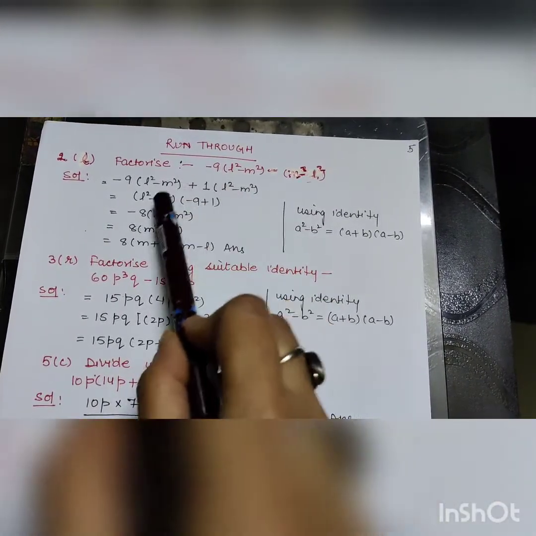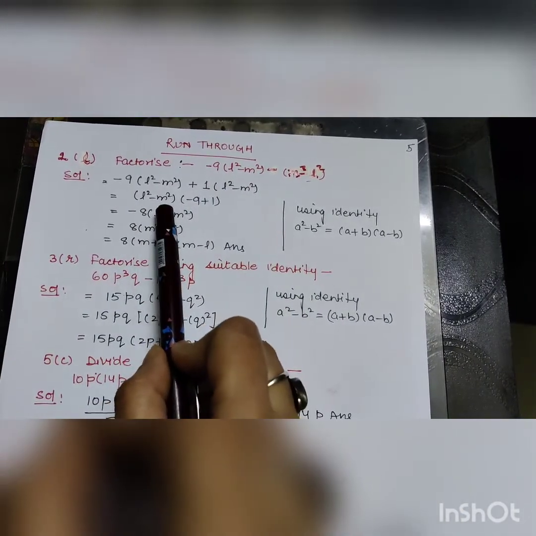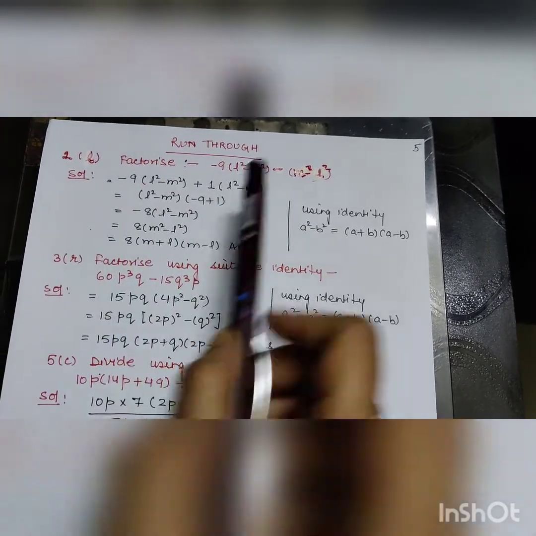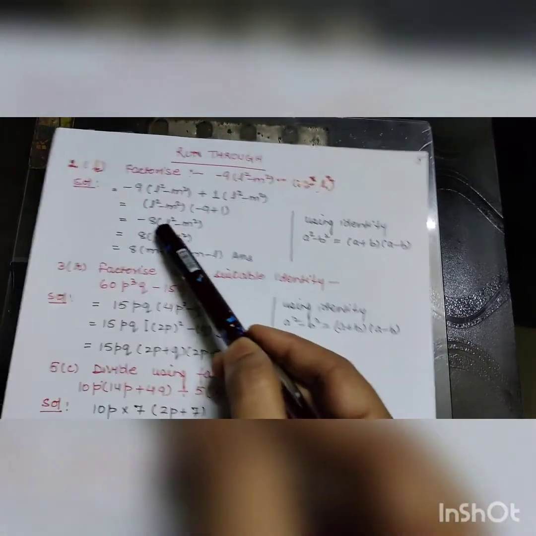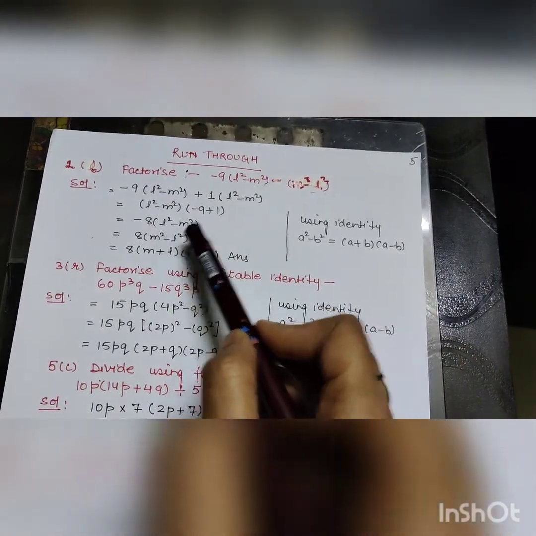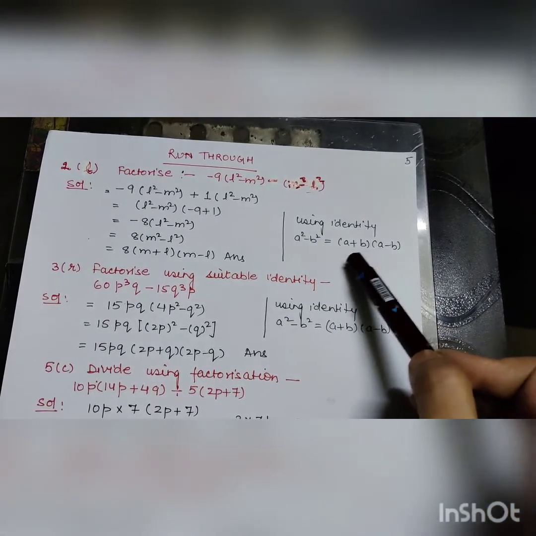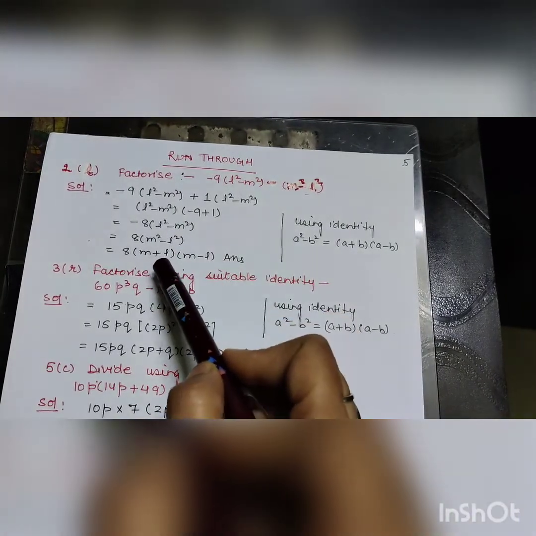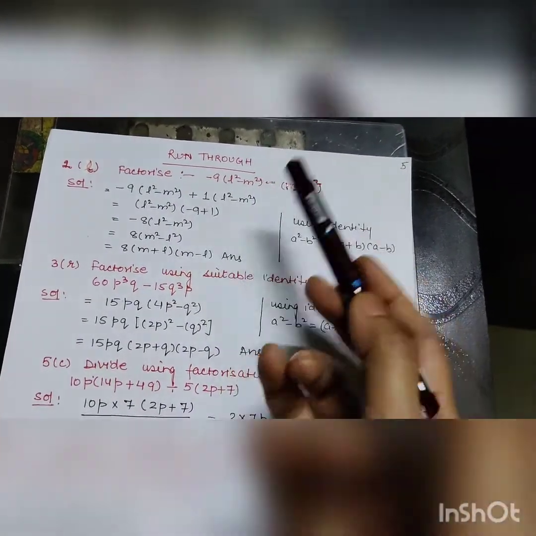So you can see here that L square minus M square is common in both. Take the common part out. So L square minus M square is taken common, and after taking common, what is left with us? Minus 9 plus 1, right? Now minus 9 plus 1 is equal to minus 8. So it becomes this. Now this is of the form L square minus M square, and the form is similar to A square minus B square. A square minus B square can be factorized as A plus B into A minus B. So the two factors of L square minus M square are L plus M and L minus M.